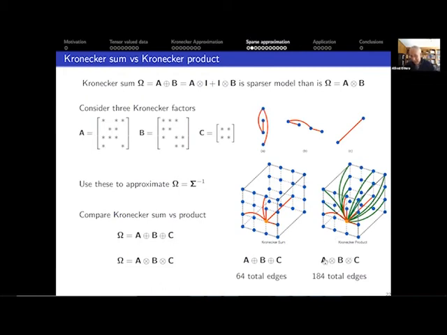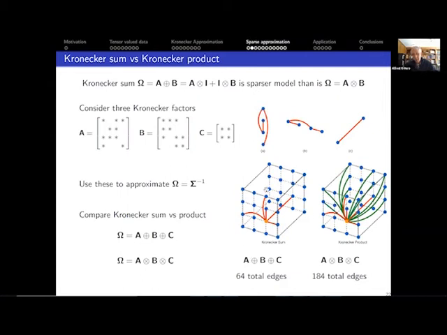Because if you have an edge in A, so here's A right here, and as I said, zeros, which don't have asterisks in this matrix A, correspond to pairs where there's no edge. There's no edge between the first and the second node here, numbered from 1 to 4, and that's why you don't see a number here. That number is 0, right? So these edges are multiplied by the edges of B, which are multiplied by the edges of C. So you get this explosion of edges, this propagation.